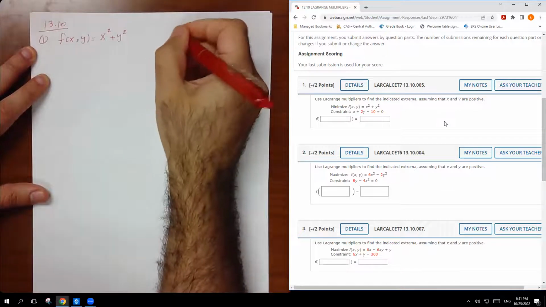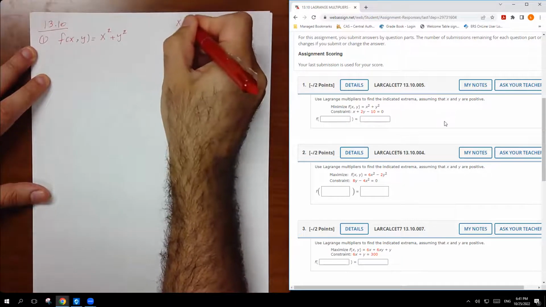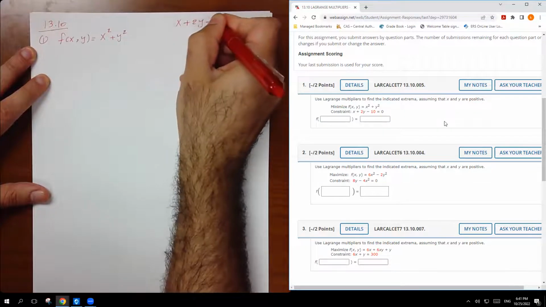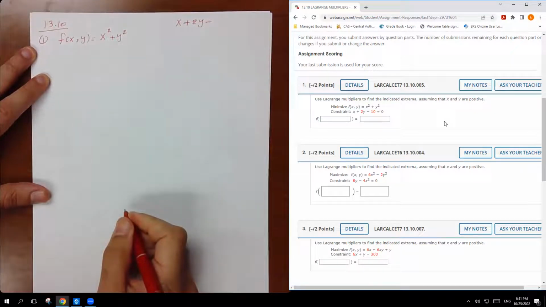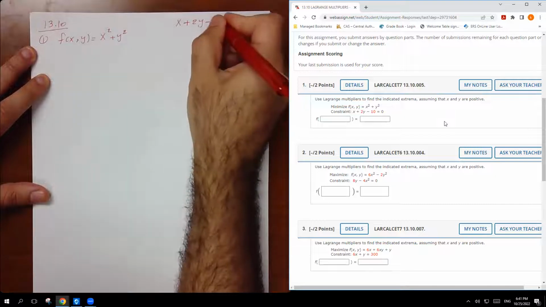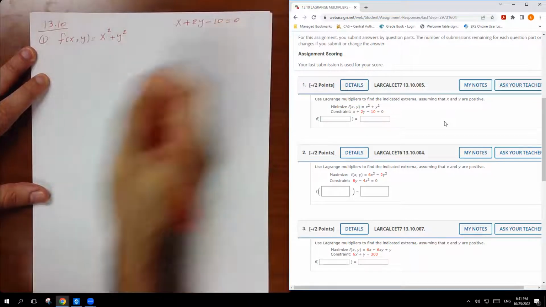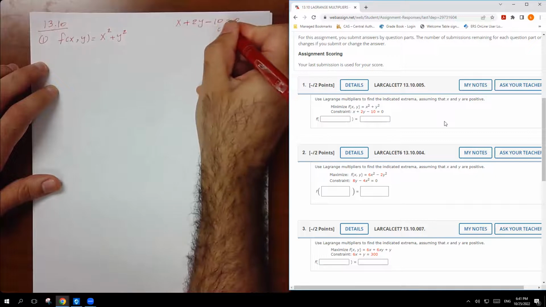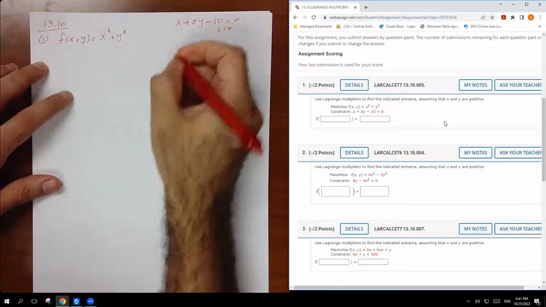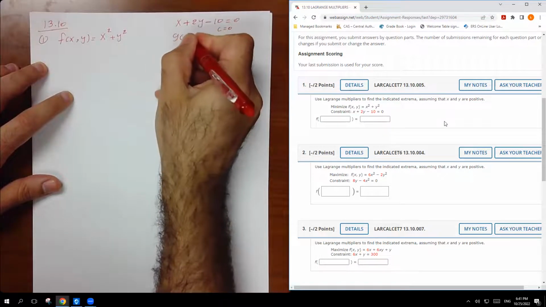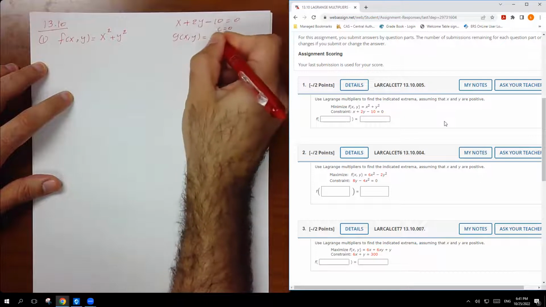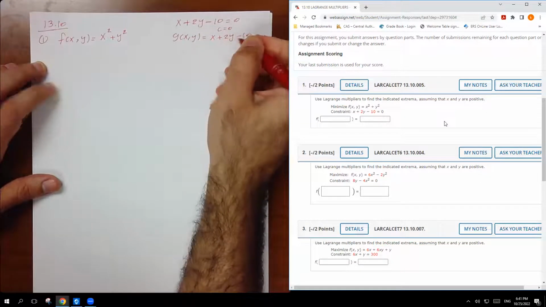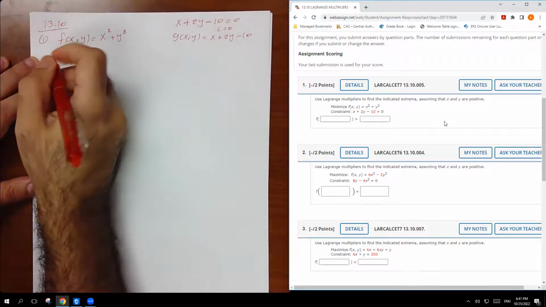And we have the constraint x plus 2y minus 10 equals 0. So our constant here is 0. That means g(x, y) is going to be x plus 2y minus 10. The next step, I'm going to find the gradients